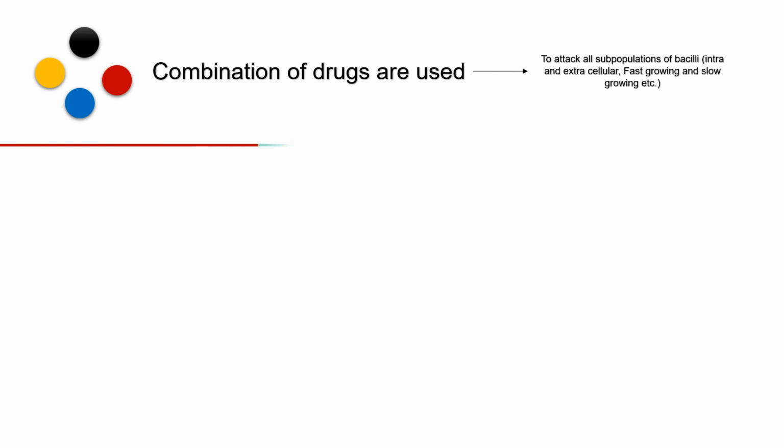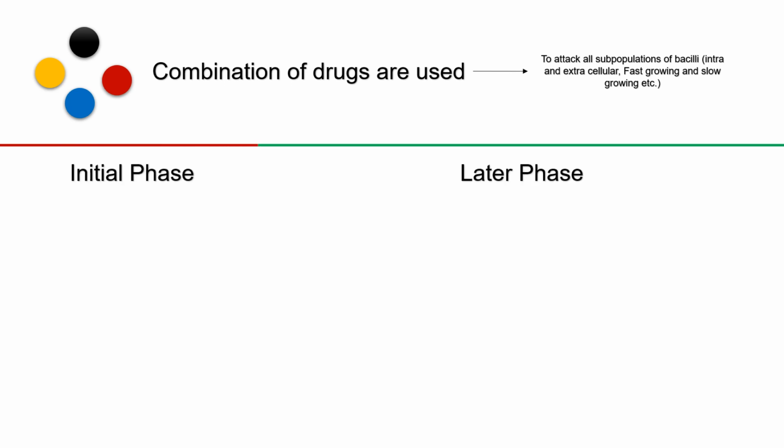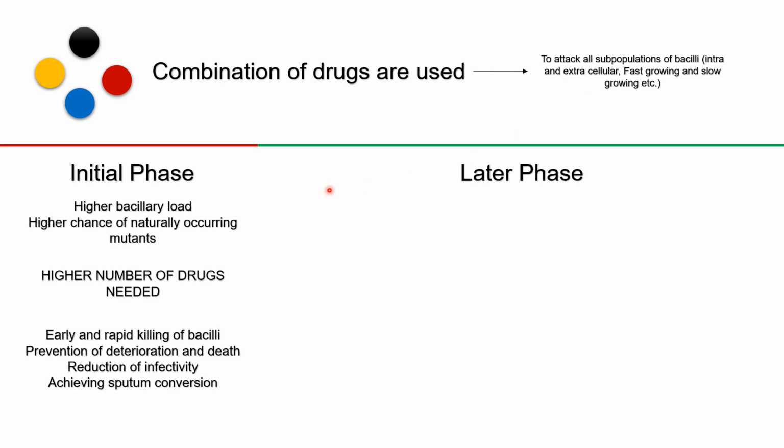The therapy of tuberculosis consists of an initial phase known as the initiation phase and a later phase known as the continuation phase. The initial phase is characterized by a higher bacillary load and a higher chance of naturally occurring mutants. So a higher number of drugs is needed to combat these problems. And the goal of therapy with a higher number of drugs is to kill the bacilli early and rapidly, for the prevention of deterioration and death, to reduce the infectivity of the person and to achieve the sputum